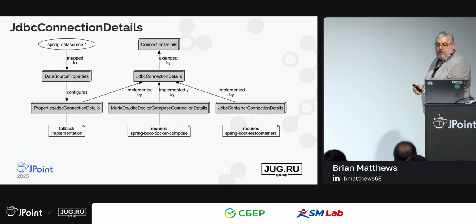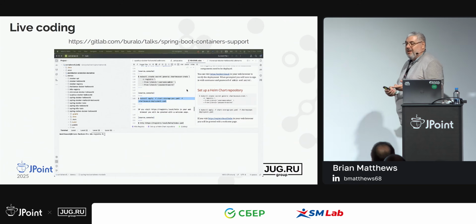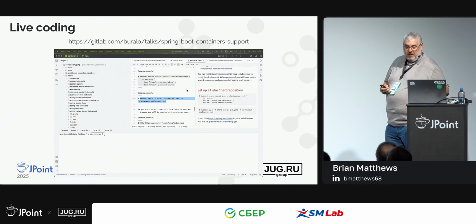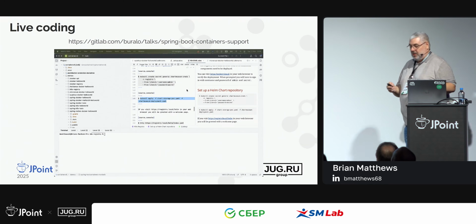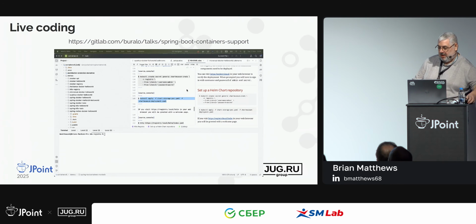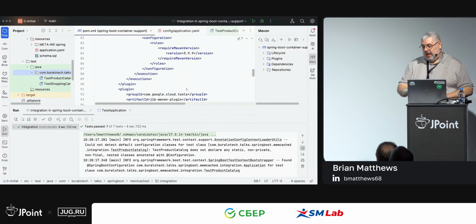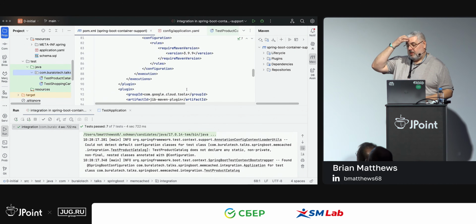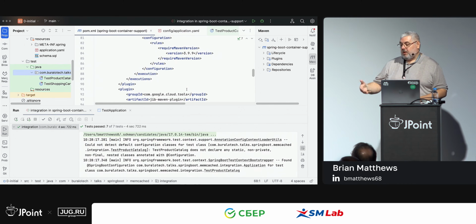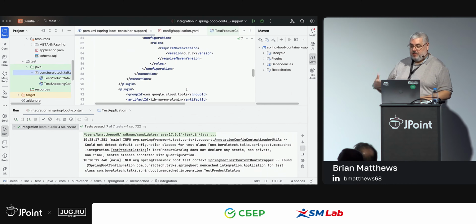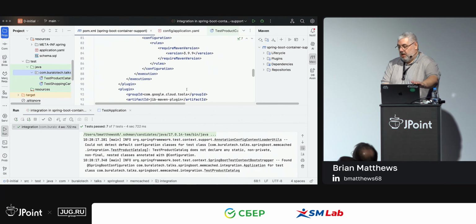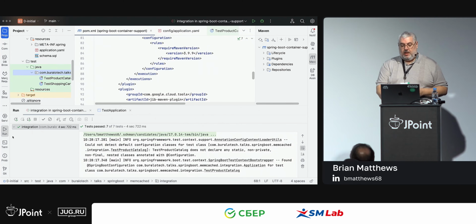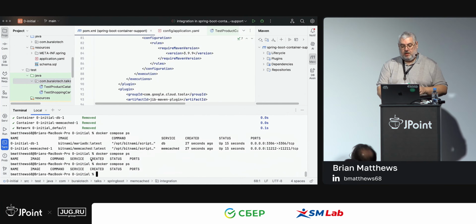Okay, so let's actually step into looking at how we do that in code. And that URL in the slide will take you to the repository that contains the presentation and the demos. So what I have here is a simple project that if I run Docker Compose